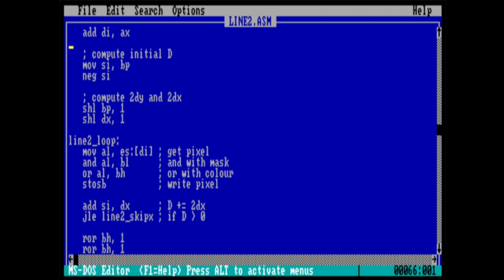Obviously the iterations will be computed after this point, but everything before this point will be the same, and everything after this point will be different depending on which case we're in. So we just have an if statement, and if the code should be in the horizontal-ish case, it'll jump down to the horizontal-ish version of everything from this point, and if not, it will stay here and do the vertical-ish